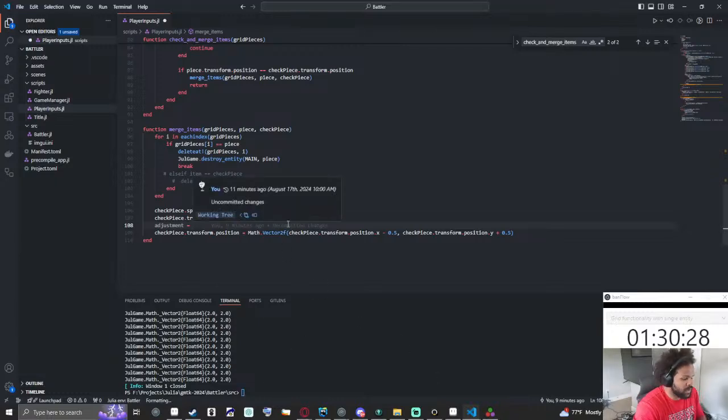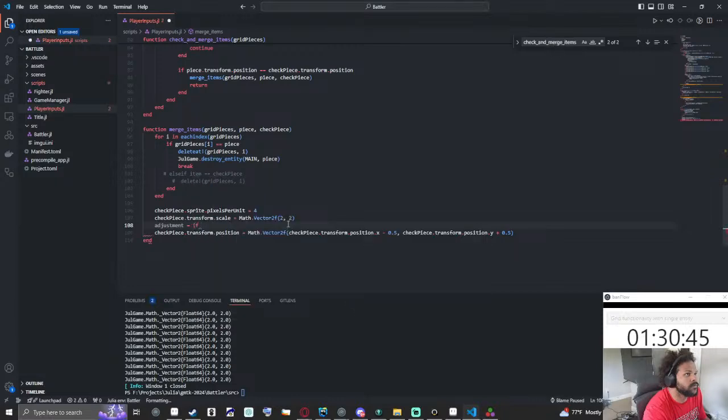Okay, so we need to make an adjustment when we merge. So if we're at the bottom, we need to move up. So if